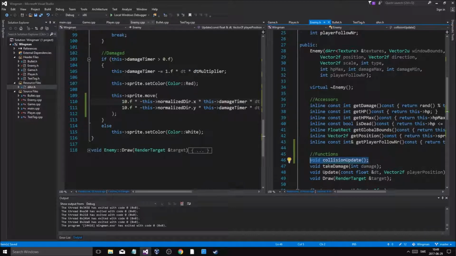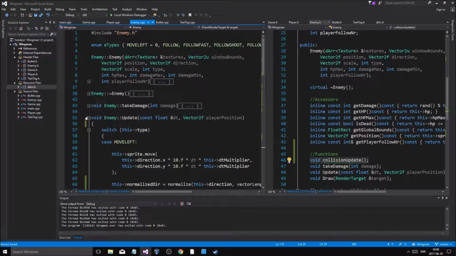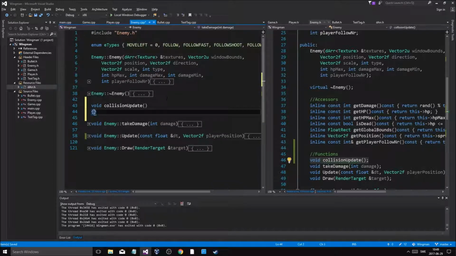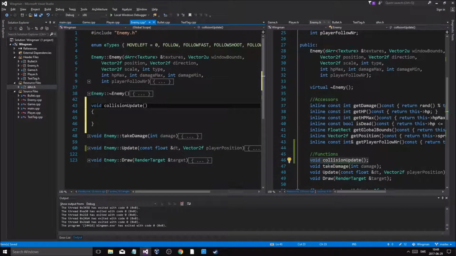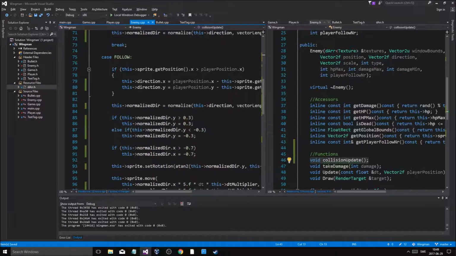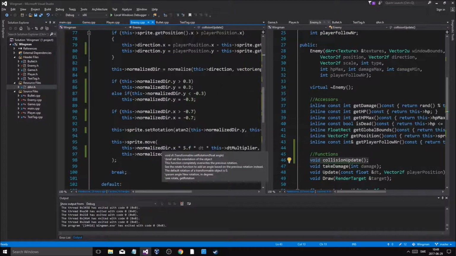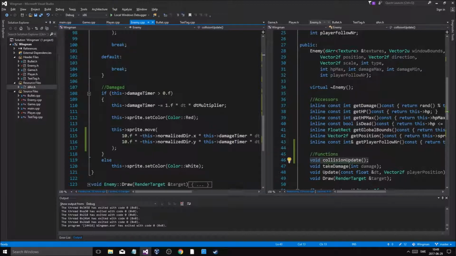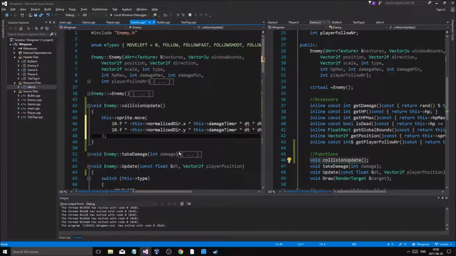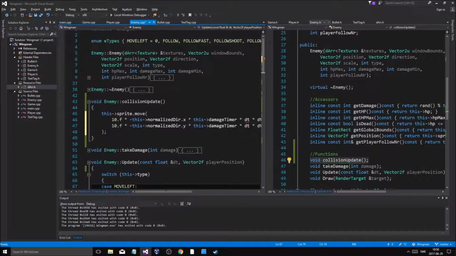So we just copy that, go up here, take damage, enemy, collision update, enemy. So once we do that, now in update, I'm updating my normalized direction here. I am just going to take this, I'm going to go up, collision update, and I'm going to move